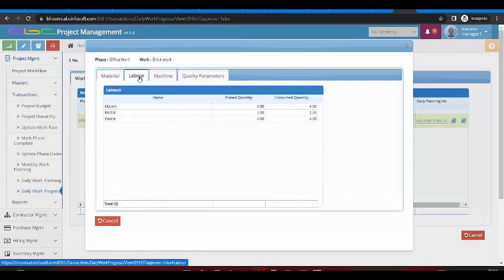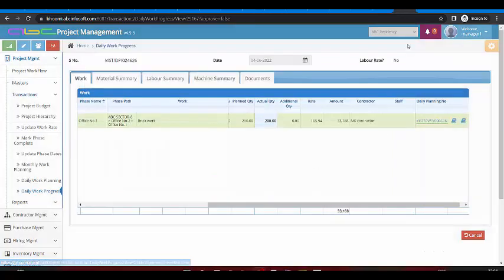Also labor quantity planned and consumed, and machine quantity planned and consumed.